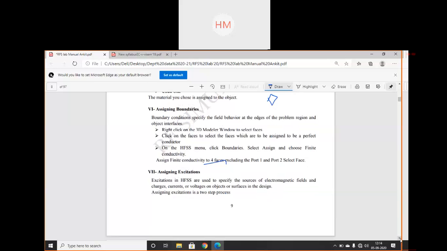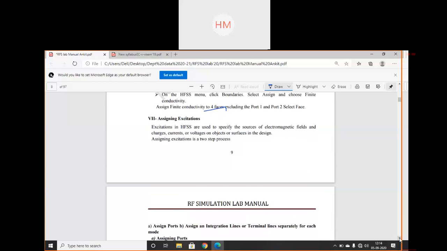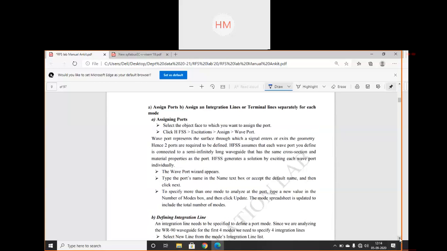Assigning excitation is a two-step process. So what are those 2 steps? Assign ports, then assign an integration line or terminal line separately for each node.